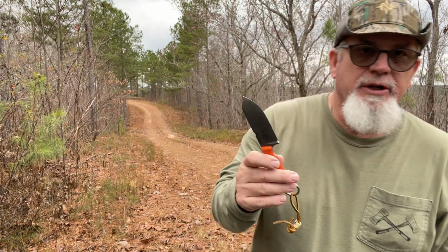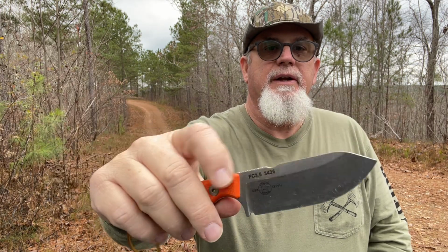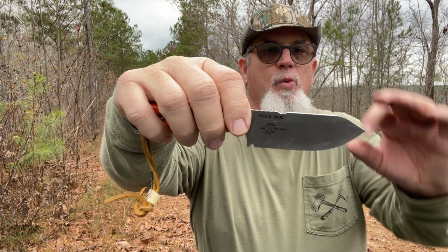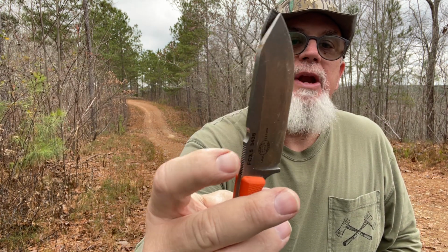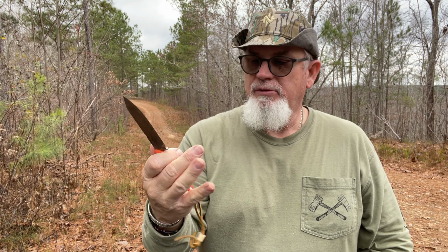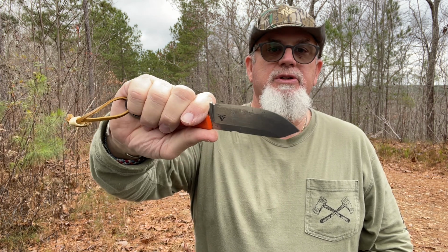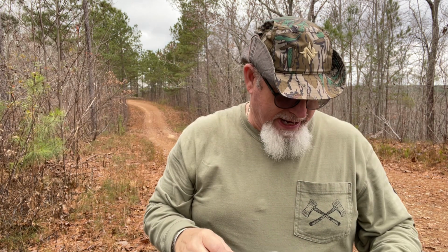And I'll tell you, the two things that made me buy this knife was the shape of the blade, the thickness of the blade, or the width of the blade rather. See, it's not real thick. This is a good slicer. You could actually do food prep with this. I've done it camping. It's got some good jimping on it, not too rough. And it's got the good finger choil. I wasn't sure I'd like the handle, but I do like the handle because it fits my hands pretty good. So I think this was a good find